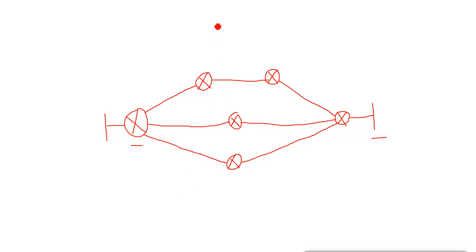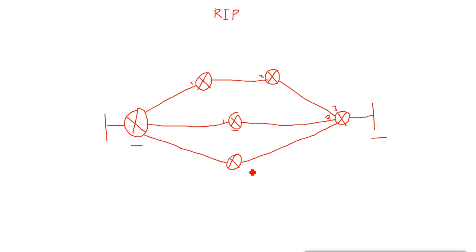For example, if I configure RIP, RIP will check the hop count. Hop count is the metric of RIP, so it will try to calculate the hop counts. If it goes from this path, the hop count is 1, 2 and 3. If it goes from this path, the hop count is 1 and 2. So what is the good path? I can say this is the good path for RIP.